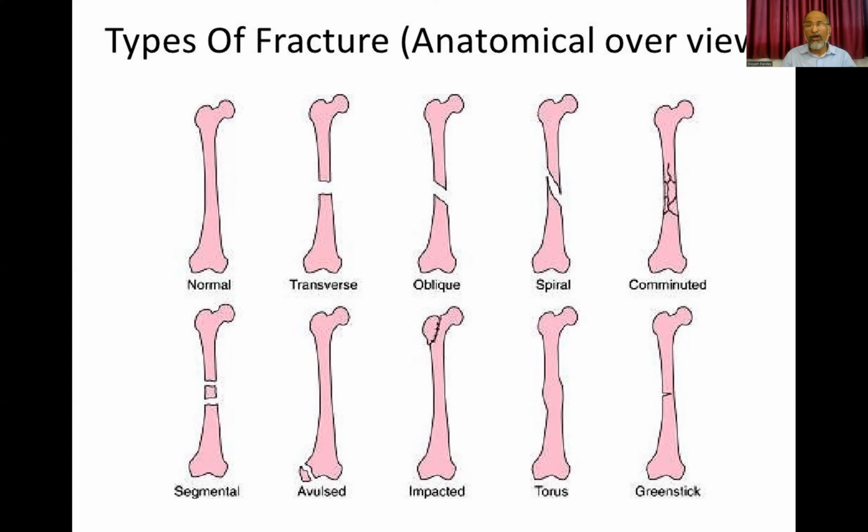Then similarly, you have a spiral fracture, where the fracture geometry is in two planes, one anterior plane and another that can be a posterior plane, lateral plane, or medial plane according to the type of trauma which the patient has received. Then you have a comminuted fracture. Here the